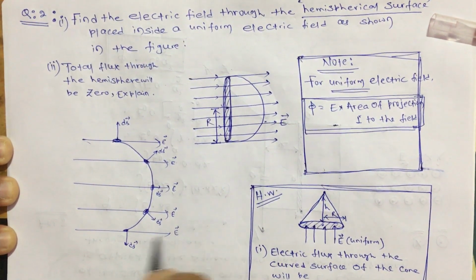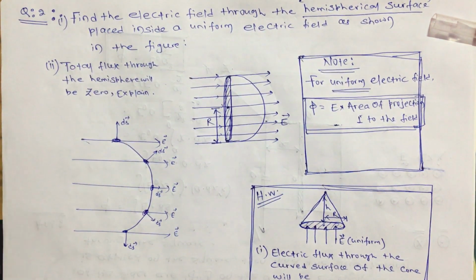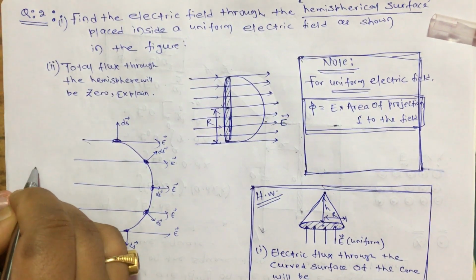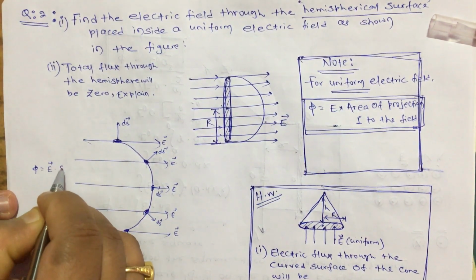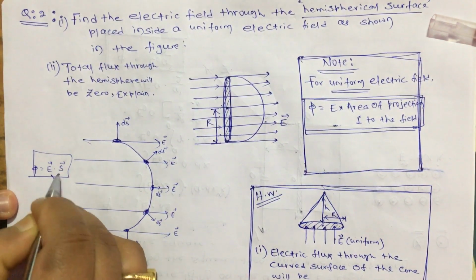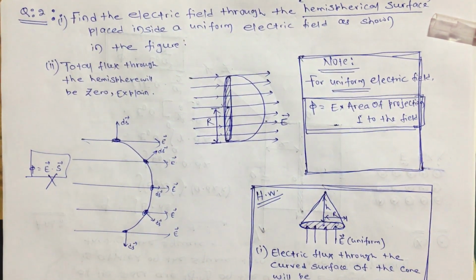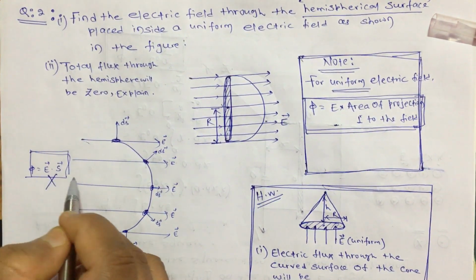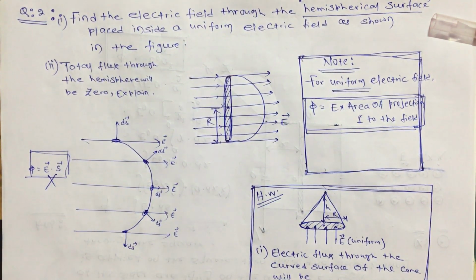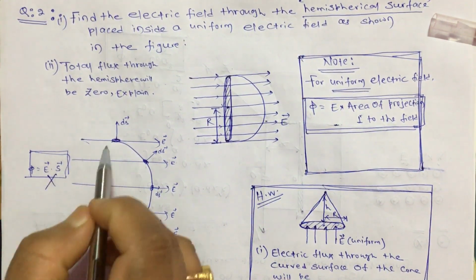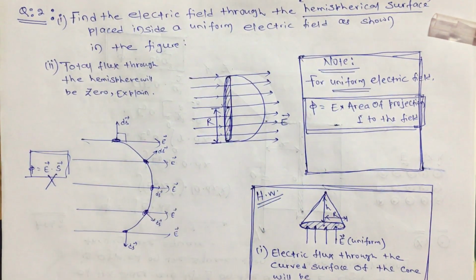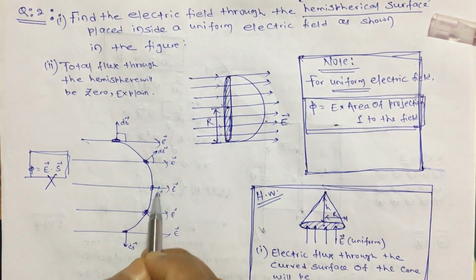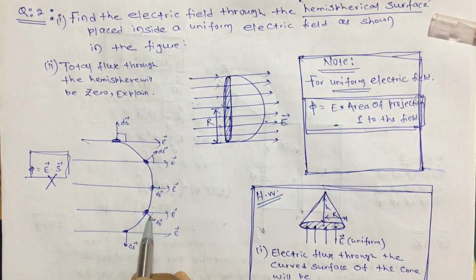So, you can see here, although the electric field is uniform, for this surface you cannot directly use flux equal to E vector dot S vector. Why can we not use this? Because E vector dot S vector is E into S into cos theta. Now, which theta value will you use? Here, if you measure theta, it is 90. Here, the theta value will be, let us say, 30 degrees. Here, the theta value is 0. Here, the theta value is different.